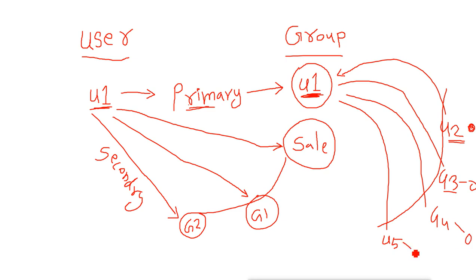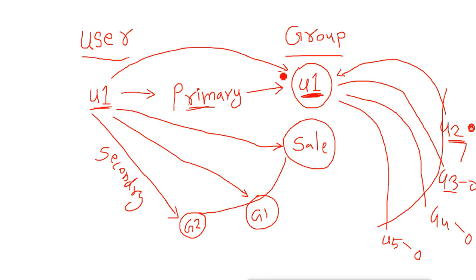User 5 will also get a primary group of its own. Now in case we don't want to create a separate primary group for everyone, and we want a single primary group for all our users, then we can do it manually. It is not the default. So what we have to do is change a configuration to make all users members of the same group as their primary group. But by default, what we get is that every user gets its own primary group.